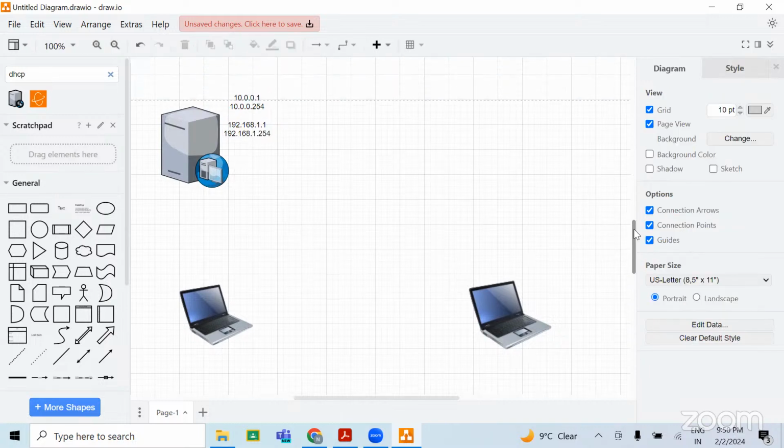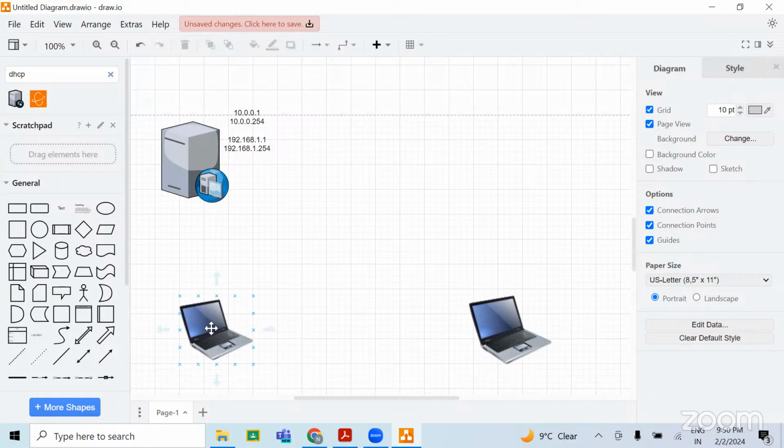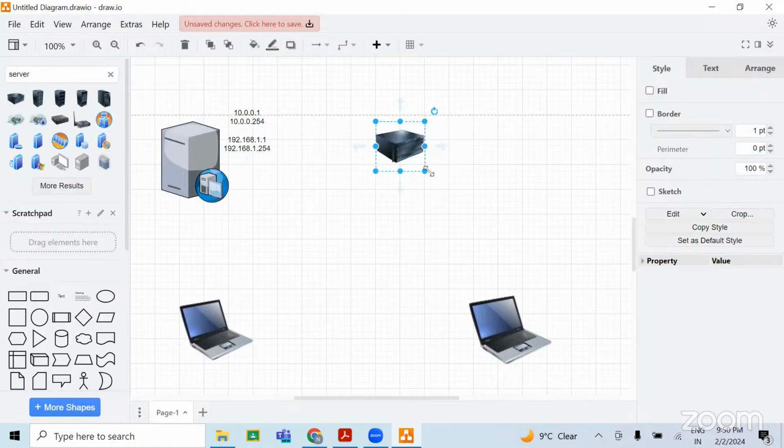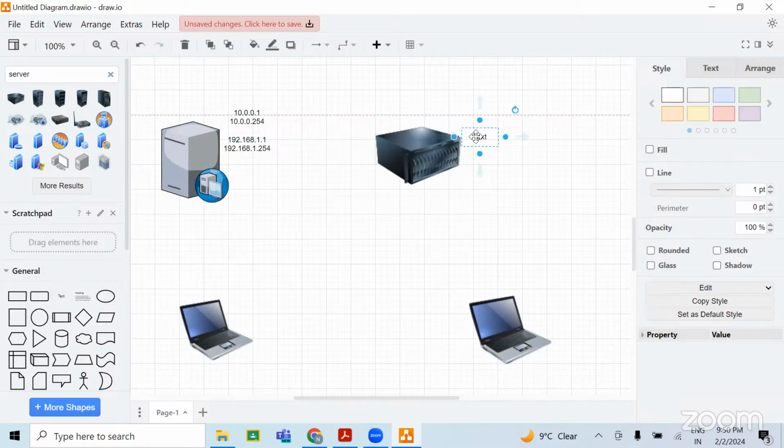So I have to make sure that this device should get an IP from class A and this device should get an IP from class C. Then in that case, I need to configure the DHCP relay agent. For the DHCP relay agent, I will be needing one more server. And on this server, I'm going to make some configuration. So for that configuration, we have to install the role of remote access.